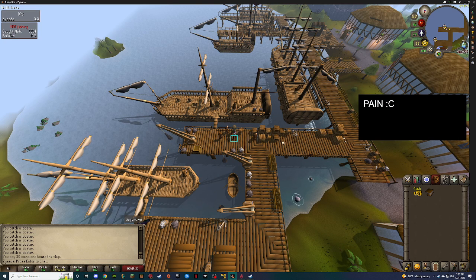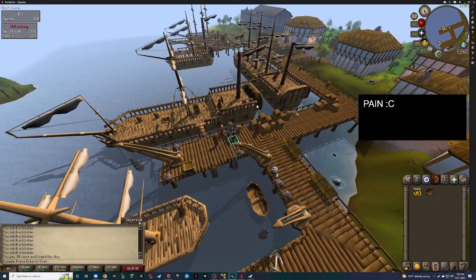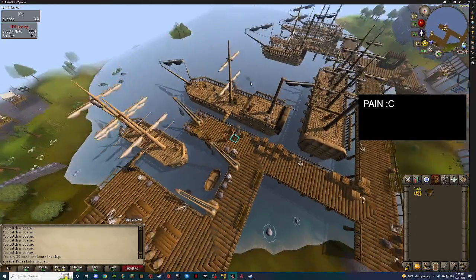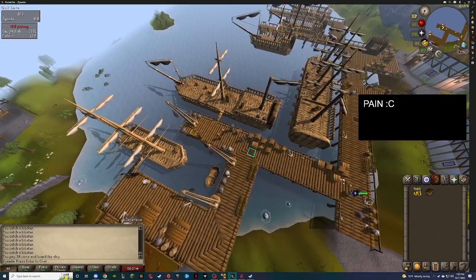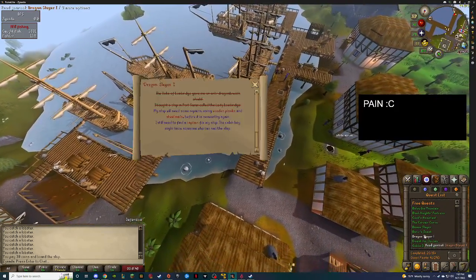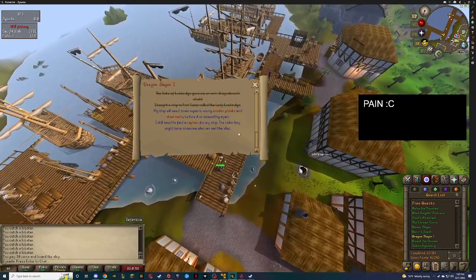Now, the number gets a little fuddled because of the random events that give me coins and whatnot. So, we're just gonna take a break from that.